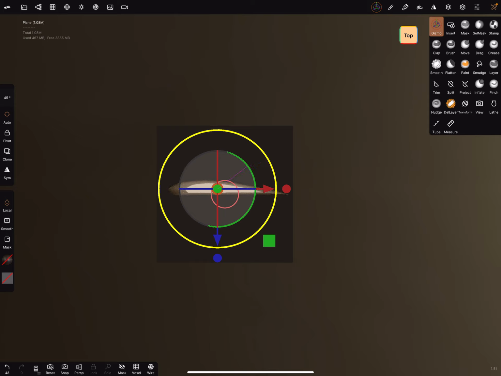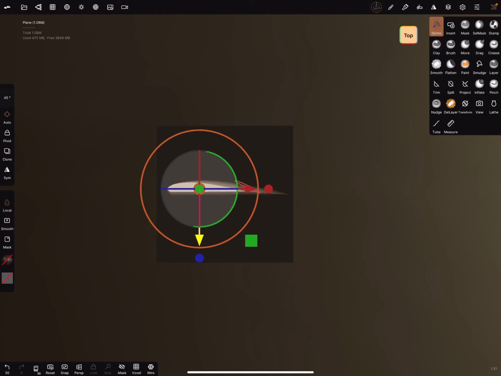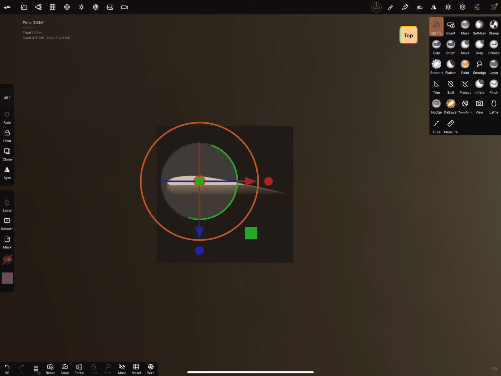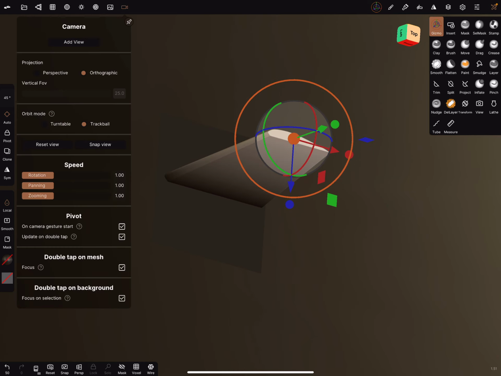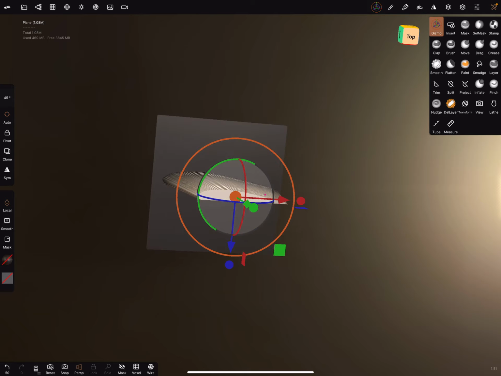You can make it thinner on the ends, and bring it over here, and make it like this. We're in orthographic view. We can switch to the perspective view.